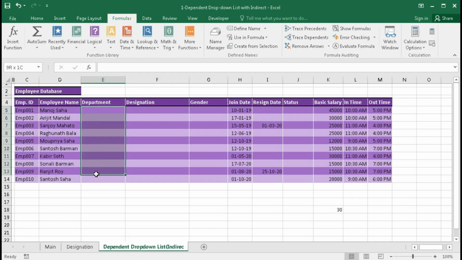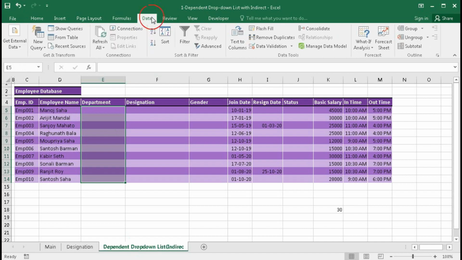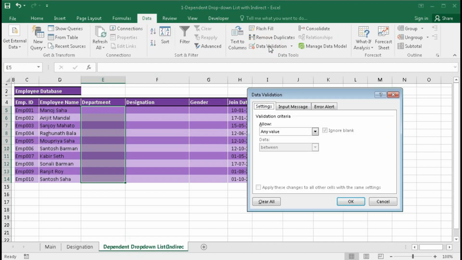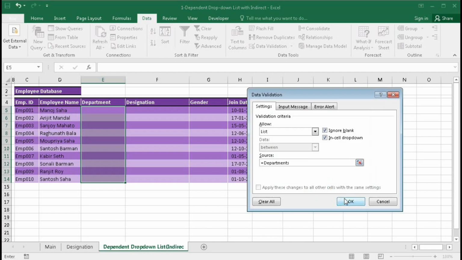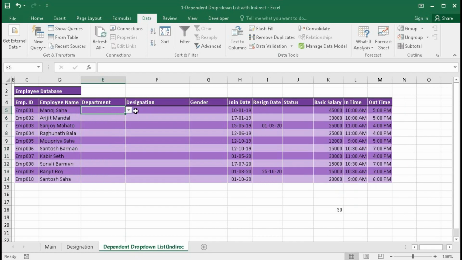So first select this range, then go to data validation, and allow select list, and in source press F3 to get the name range list, then select department, click OK. You can see here we got the drop down list for departments.